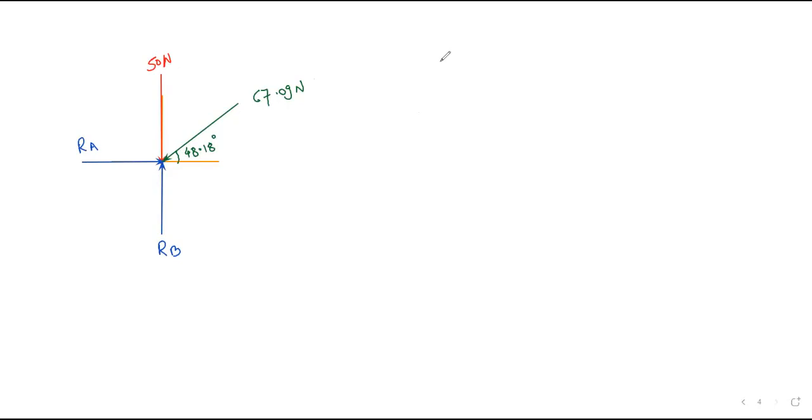For that, now first of all you need to resolve this force of 67.09. Okay, so here I think on this point many forces are acting. If I show the resolution here itself, you will get confused, so I will show the resolution here. If I try to resolve it, one component is parallel to y in this direction, one component is parallel to x in this direction. These are the two components I will get. This will be 67.09 sine of 48.18, and this will be